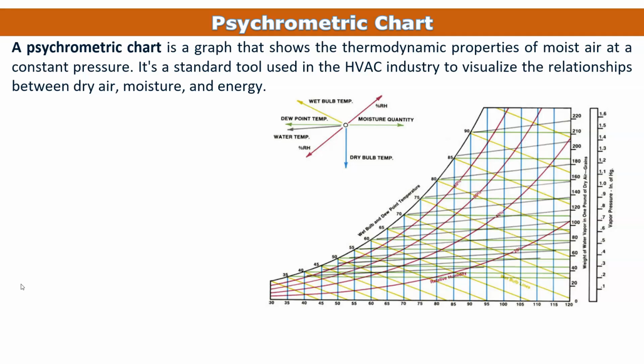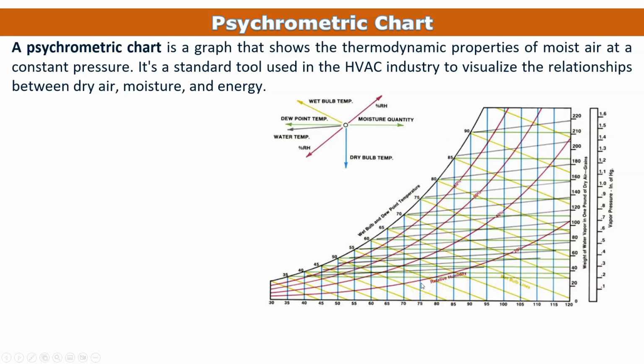pressure. It is a standard tool used in the HVAC industry to visualize the relationship between dry air, moisture and energy. Today, engineers and scientists use the psychrometric chart to see how gases and vapor relate. Though this chart might seem complicated, it is easy to read when you know what each part means. By finding the axis and reading the chart markings, you can mark a point and draw a conclusion from the known